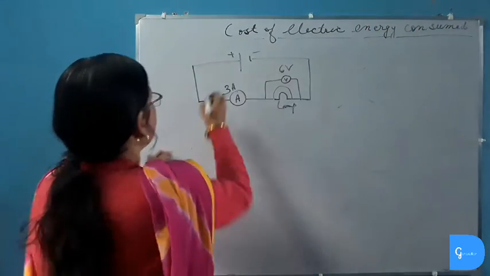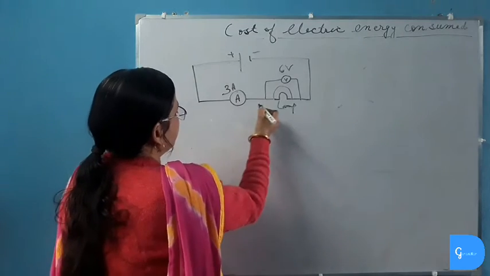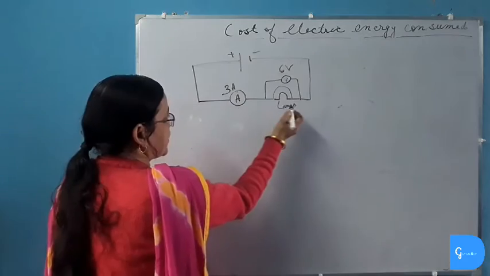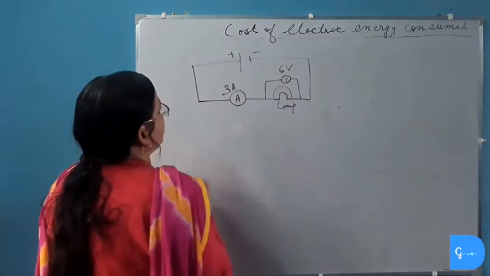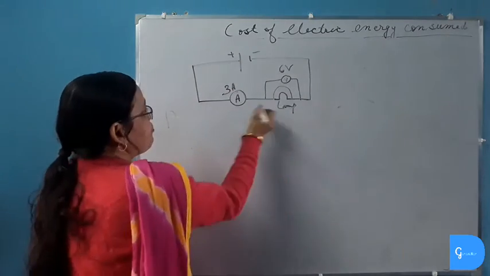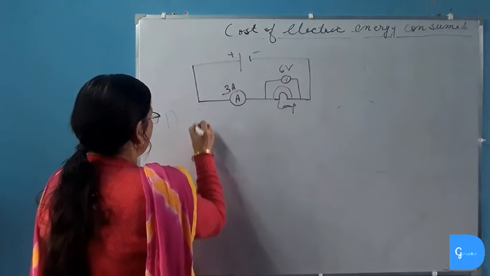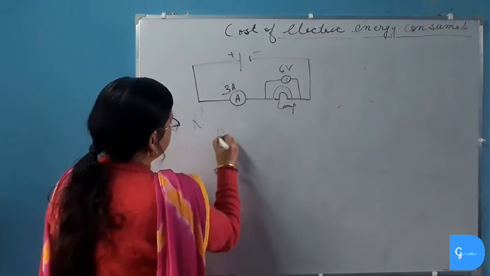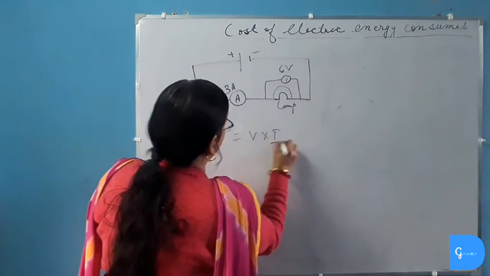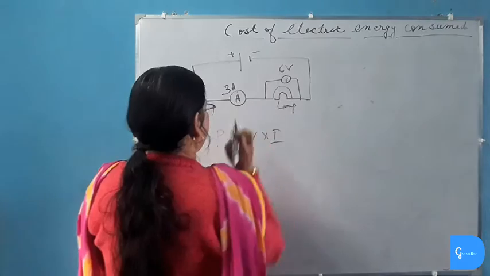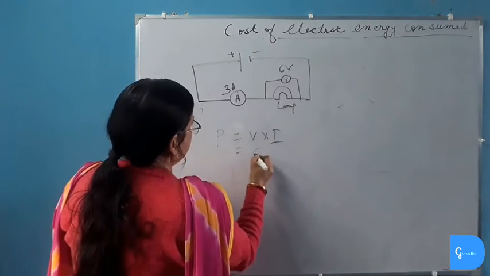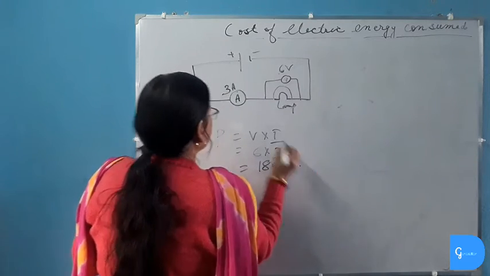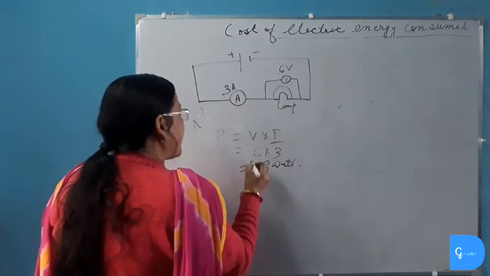Now in the next problem, a circuit diagram is given in which a lamp is put which consumes 6 volt, and the current drawn by the lamp is 3 ampere. First question, find the resistance of the lamp. So for the resistance of the lamp, first we have to find the power. P is equal to V into I, formula number 1. V is given and the current in ampere is given. So 6 into 3 is equal to 18 watt. Thus the power of this lamp will be 18 watt.